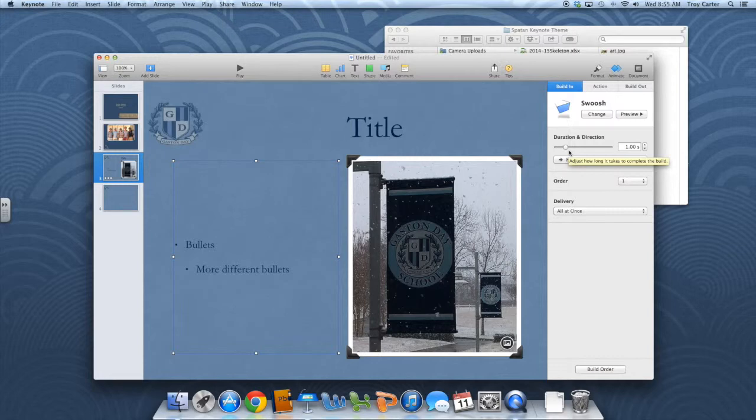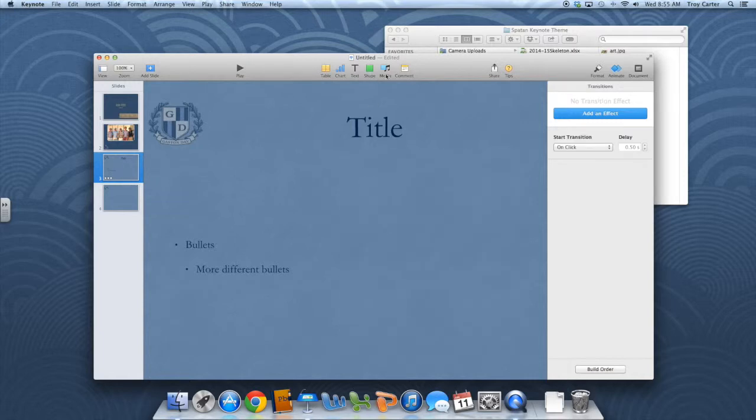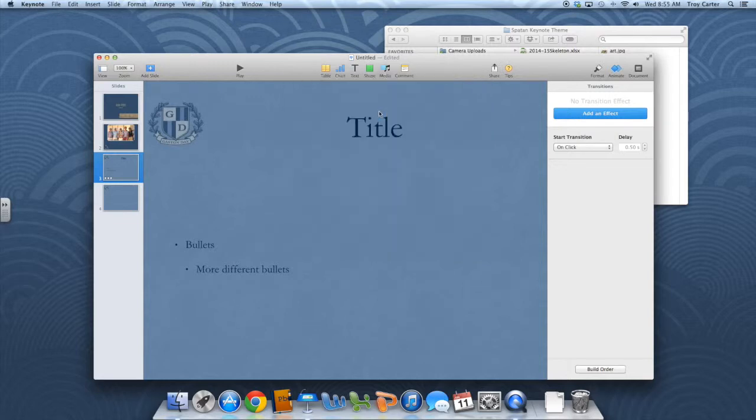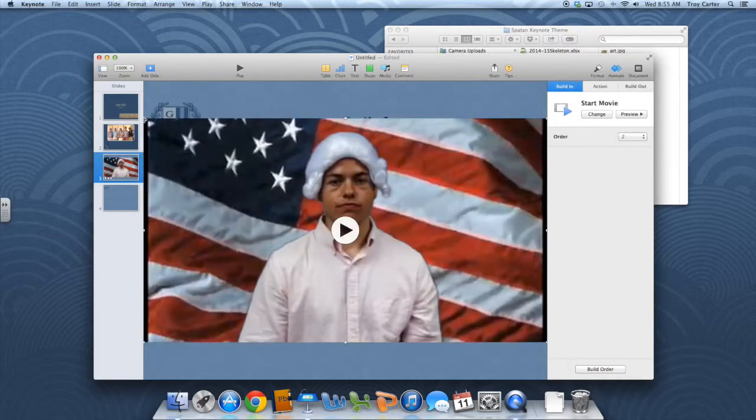But really what is key to Keynote and what makes Keynote a great program to be working with is how well it can integrate media. Let's say I want to get rid of these banners here, and instead I want to drop in a video from one of my classes. Keynote plays very well with any media that's coming in from Apple. So anything that's coming in from your iPhoto, from your iPad photos, or here's a video that we shot in my class. We filmed it on the iPad, we edited it using iMovie, and here we've got Spencer Pendleton in